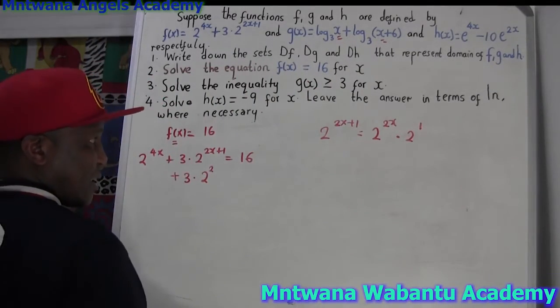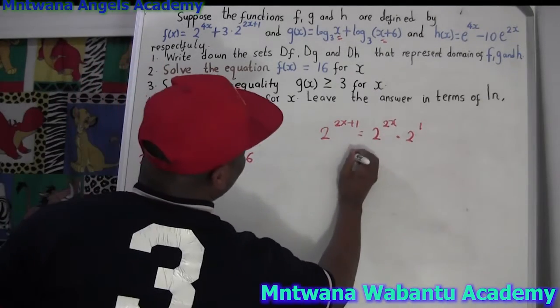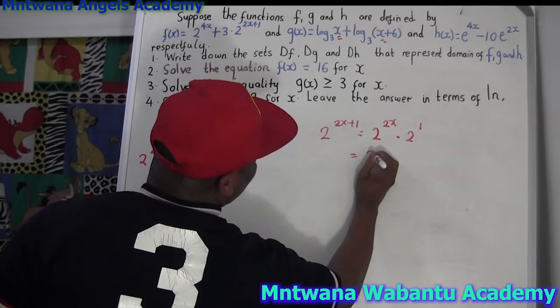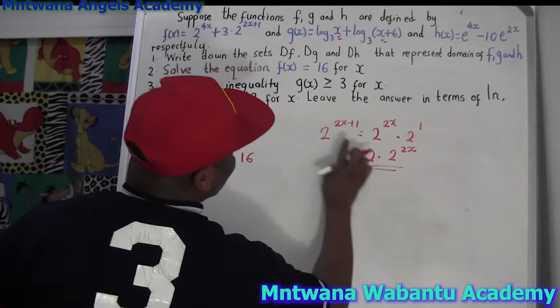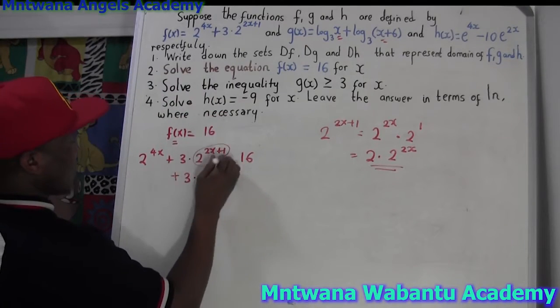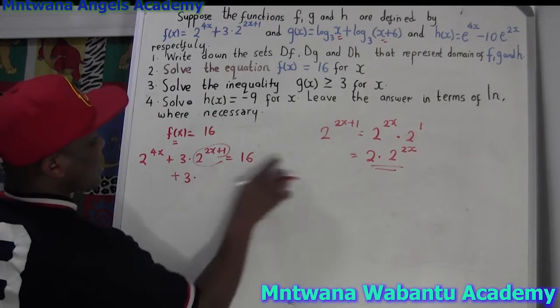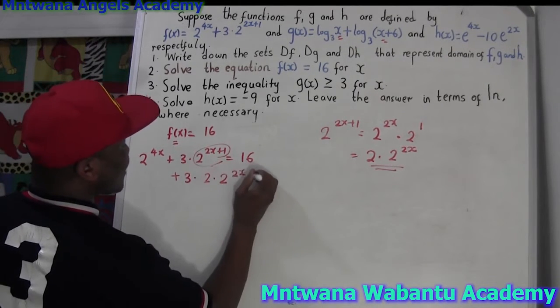Same thing, you know what I'm saying? Means if the base is the same, you add the powers, for the mathematical rule. So 2 power 1 equals 2. So this, let me say, 2 times 2 power 2x. So instead of this, I'll write this one. So now instead of this, I'm going to start with the 2 phase, and then 2x equal to